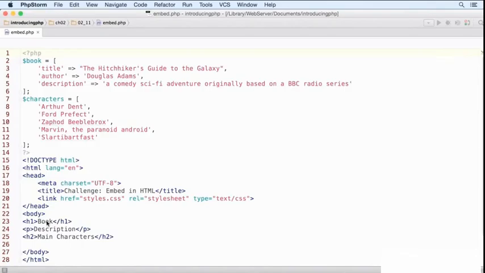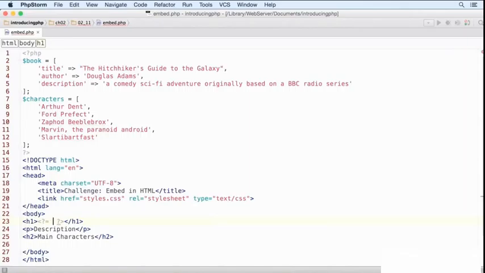So let's just delete that book placeholder between the h1 tags, and we need to embed a PHP block in there. I'm going to use the shorthand for echo because there's no need for any other PHP code in this block. So that's shorthand, and then we'll have the closing tag as well, and then between that we need to have the value that we're going to display. Now, rather than just the book title, I want to include the name of the author,